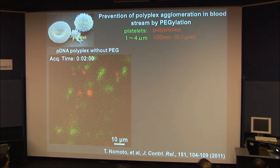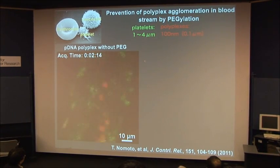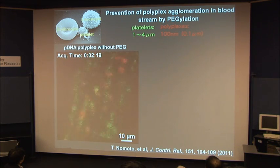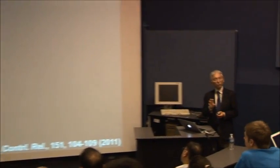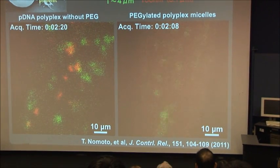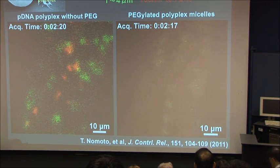However, in the case of the DNA polyplex without PEG, what we observe is red aggregates of almost the same size as platelets. That means that without PEG, after injection, the polyplex instantaneously forms large aggregates, and you can see some yellow regions, which means they stick to the platelets and may induce clot formation. So that means you cannot inject this polyplex, because this may cause big problems. However, when we cover the polyplex with a dense PEG layer, the result is totally different. You see here the platelets and the red background, no aggregates. So by covering the polyplex with PEG, you can safely circulate the polyplex in